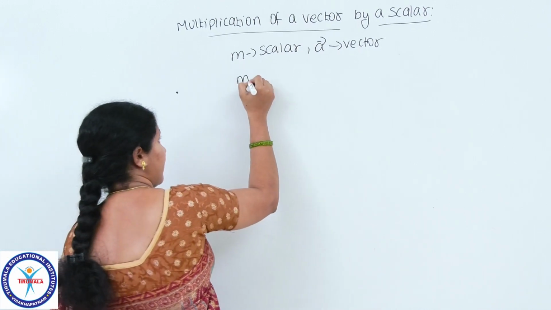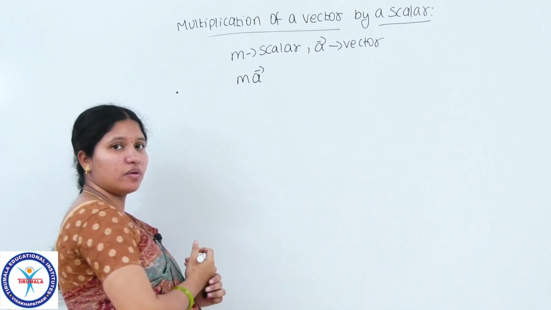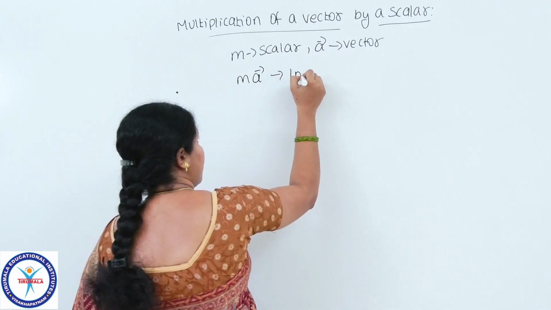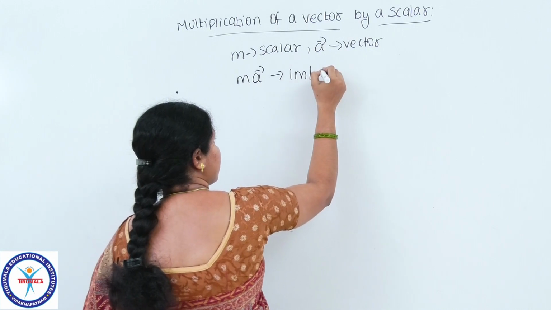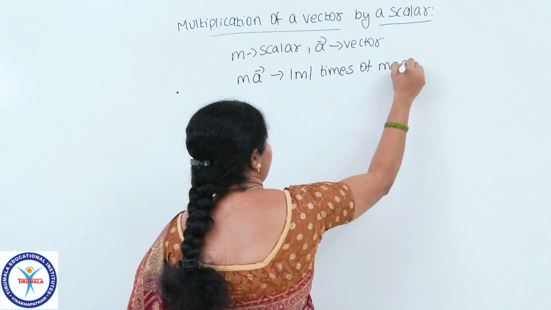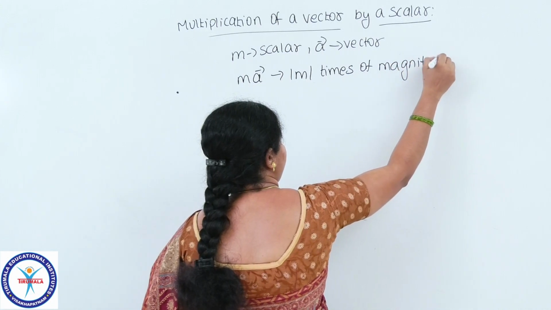Now we can define m a bar, which is also a vector, and it is mod m times the magnitude of a bar,